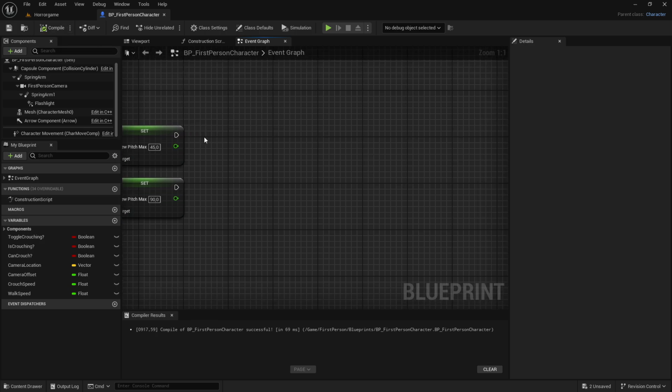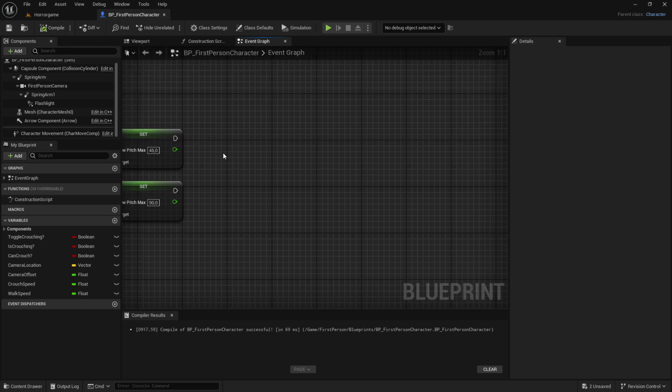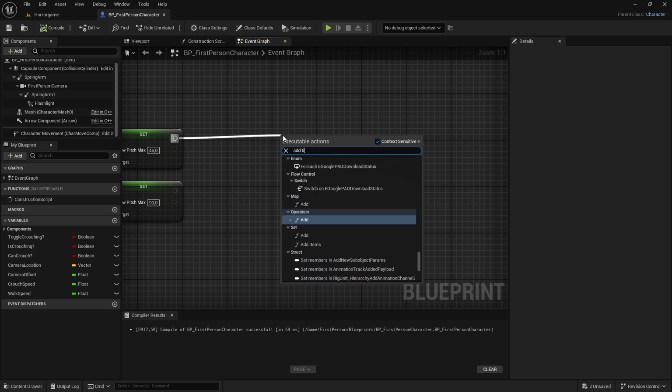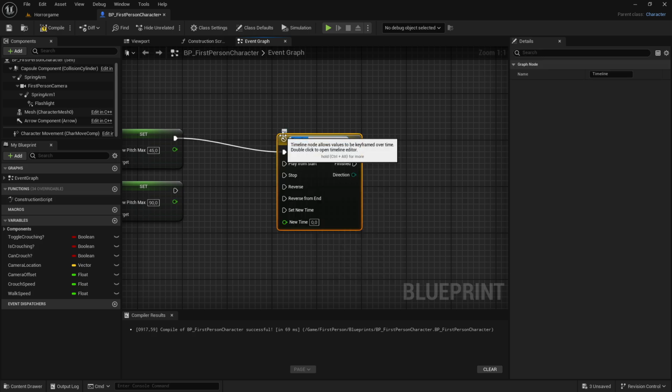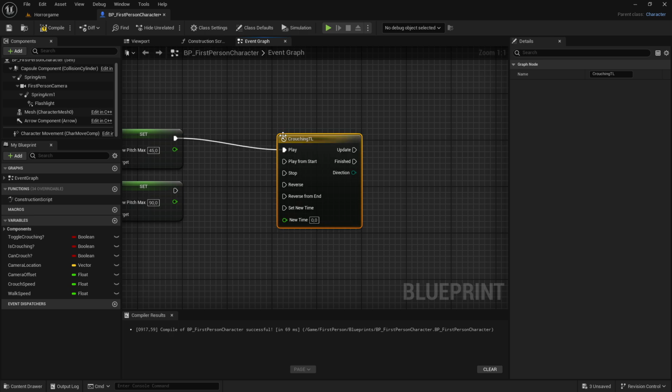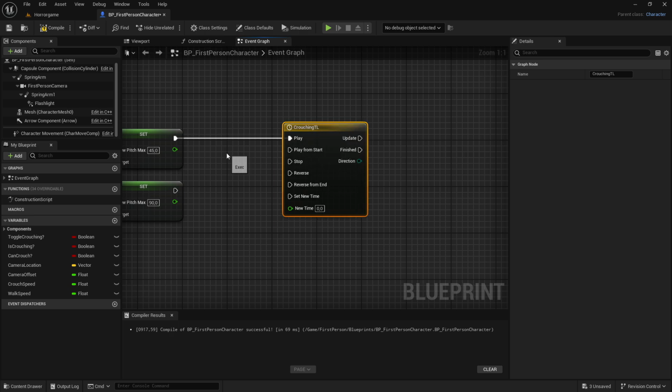Compile and save. And then we want to create the timeline for the crouch to actually function. So just drag out of this top one right here and we want to add timeline, and this will be called crouching TL for timeline. And you will go into the play, and the reverse will go into this bottom one right there. Then I want to go into it,